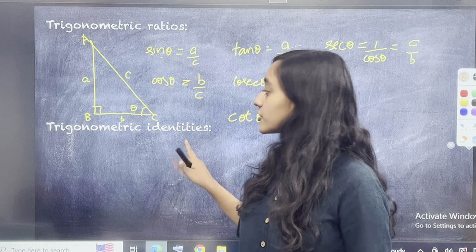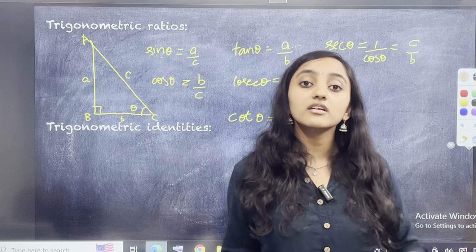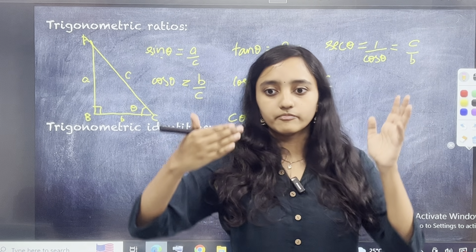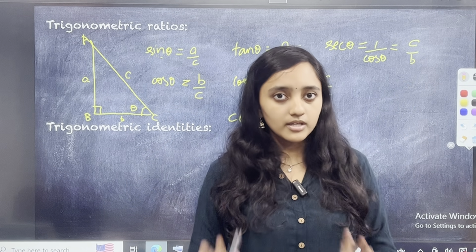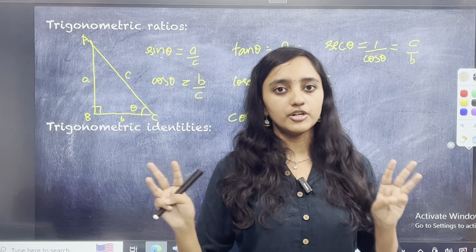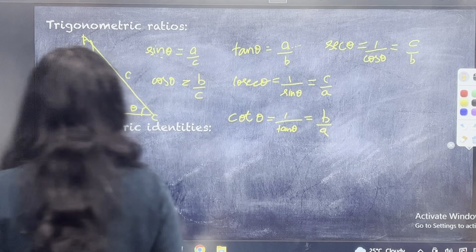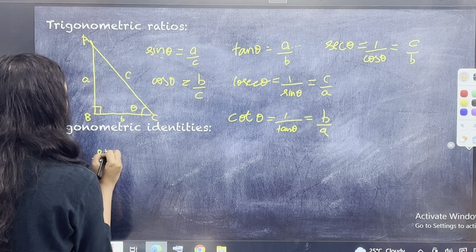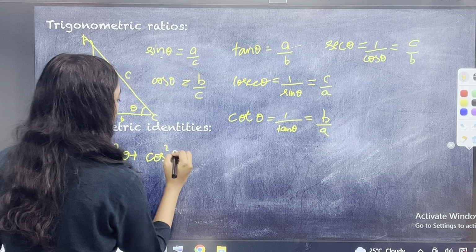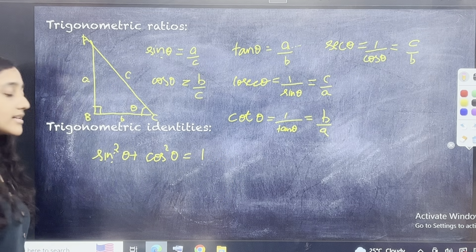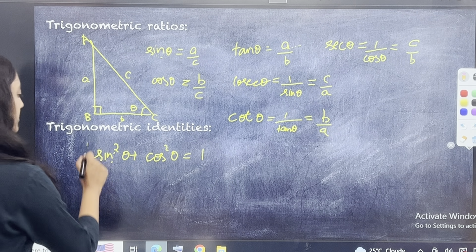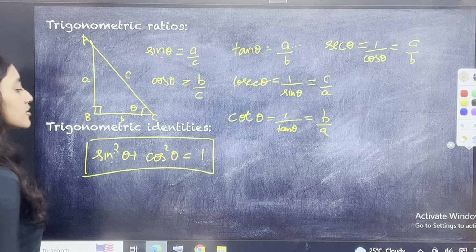Next, we'll be looking at what are the trigonometric identities. Now, if you were in the starting of the year, I would be telling you how these trigonometric identities were formed, how you can derive all of them. But abhi ke liye, it is not required for your exam. I'm going to be just giving you three important trigonometric formulas, identities. ठीक है? Sin square theta plus cos square theta is equal to 1. That is your first and most important trigonometric identity.